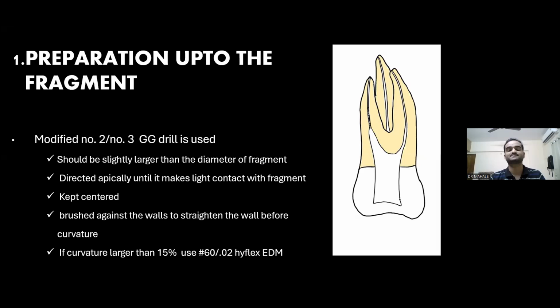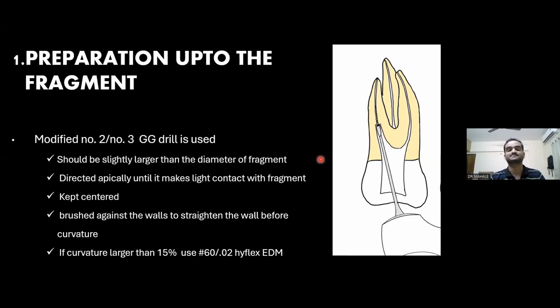By keeping it centered, we are minimizing the risk of strip perforation, and we are minimizing the removal of dentin. We are reducing the sacrifice of dentin. So if there is any curvature and you can't use a GG drill, you can use number 6 and 2% high flex EDM files to prepare the canal till the fragment. As you can see in the picture, the first step is to prepare the canal till the fragment. Once you have prepared the canal till the fragment using a GG drill or high flex file, then the next step will be